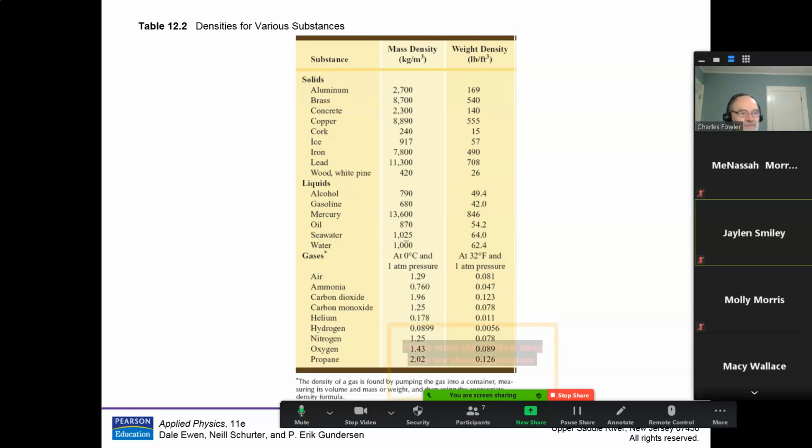So here's your table of densities. And that's the last table, the last slide in the book. So let's go to example 1, which will be,